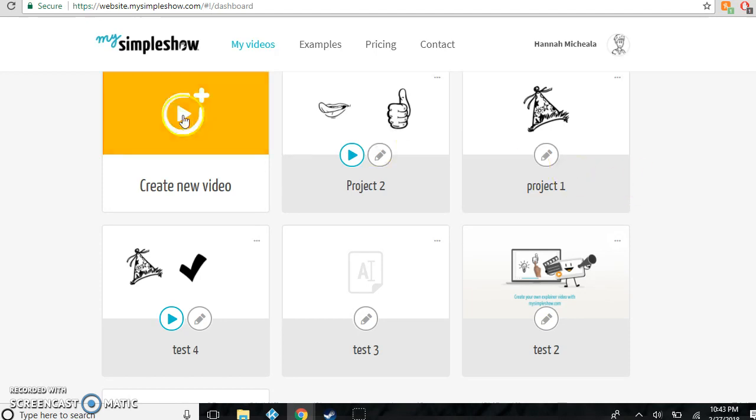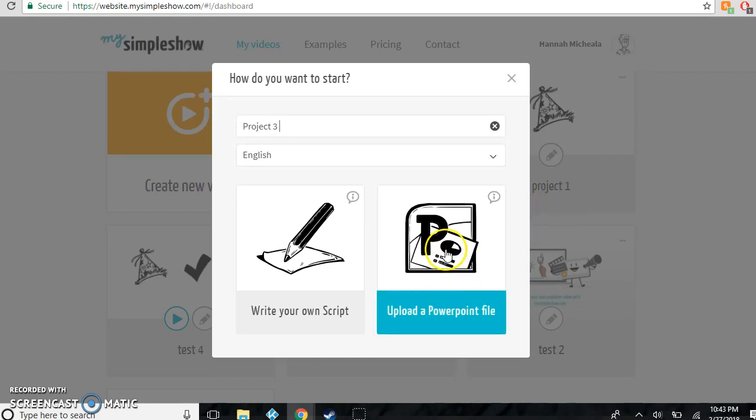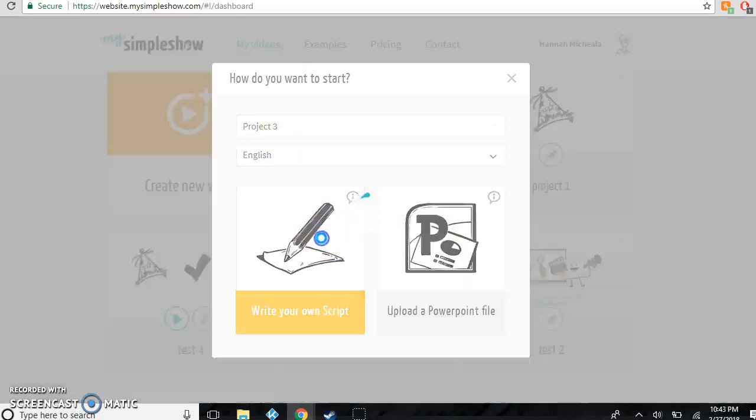From what I've read, there's no age restrictions or anything, so you don't need to be 13 and above. So it's nice that it can be used by everyone, because you could ask your students to do a project on this as well, and it'd be really easy to use. So you just push create new video, and we're just going to call it project 3,